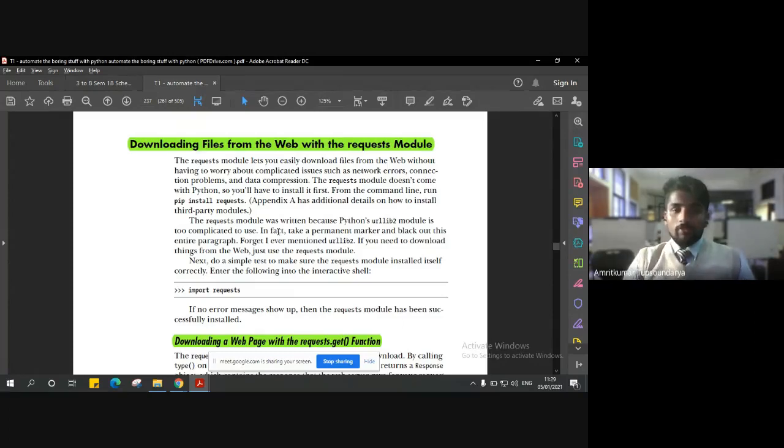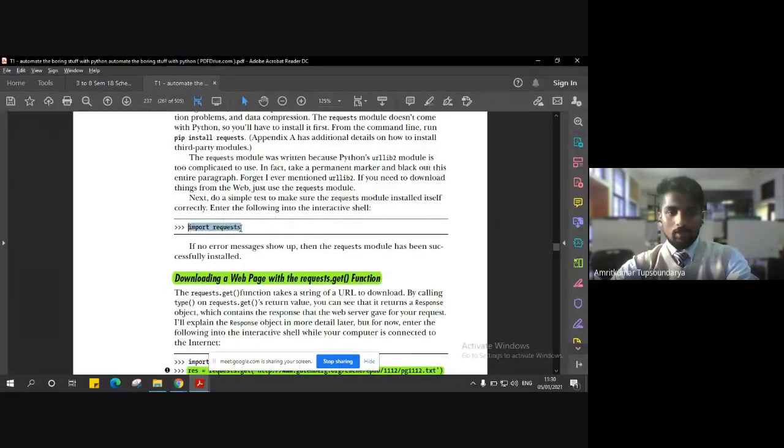We have an inbuilt module for that, called the requests module. The requests module basically requests the web page to download some content from that particular web page. To use any functionality of the requests module, you first have to import it using this statement, import requests, right?